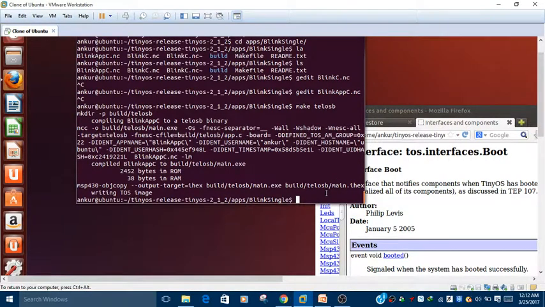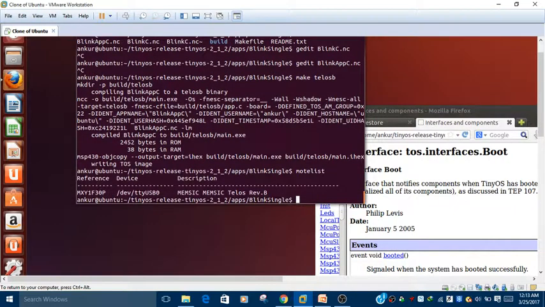Now we need to embed this program on the hardware. For that I just plug the hardware into my system again, and check whether the hardware is plugged in or not by the motelist command. So the hardware is there.